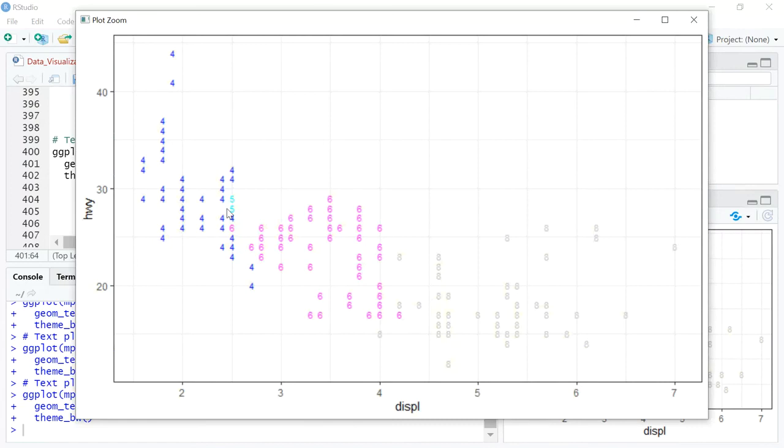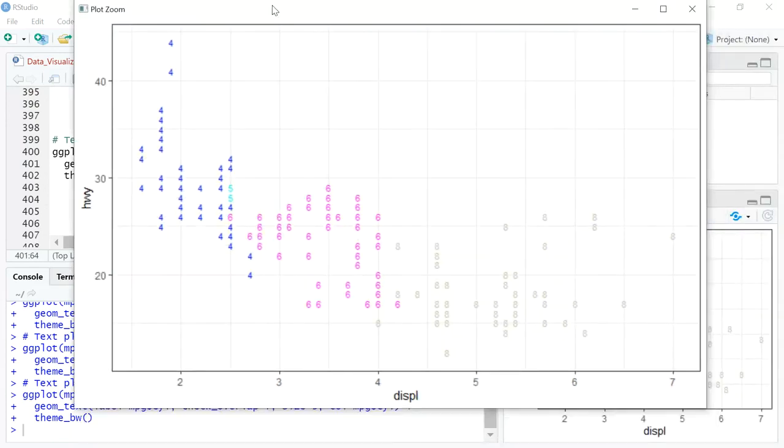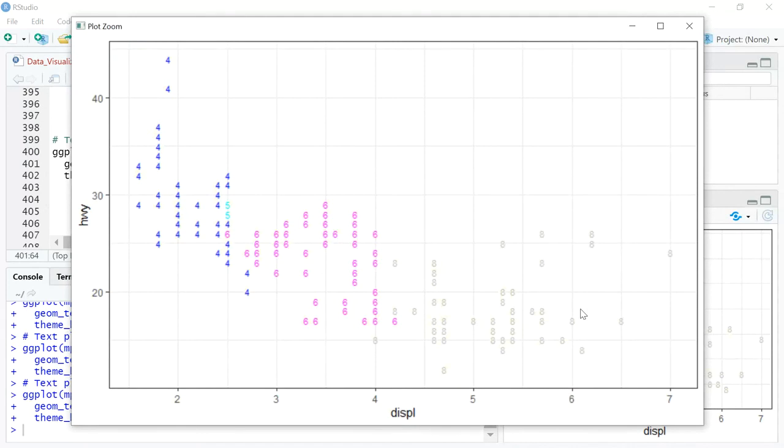The year gets replaced by the cylinders in my geom underscore text. And when I write the label argument, that gets taken care of. And you see that there are four different types of colors. One is blue, one is turquoise, one is pink, and one is maybe a variant of a gray color, right? So the colors also get segregated by the cylinder column, right?